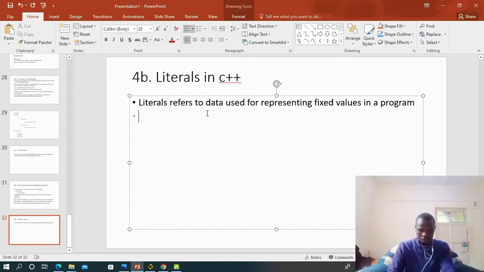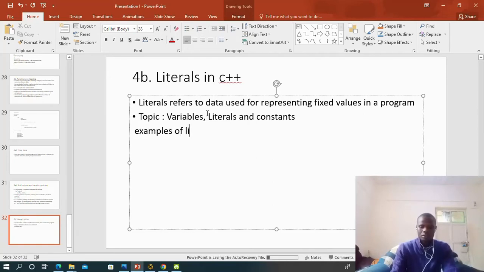So the topic where this question comes from is a topic called variables, literals, and constants. That is the topic where this question is coming from. So to answer now the question, the examples of literals include